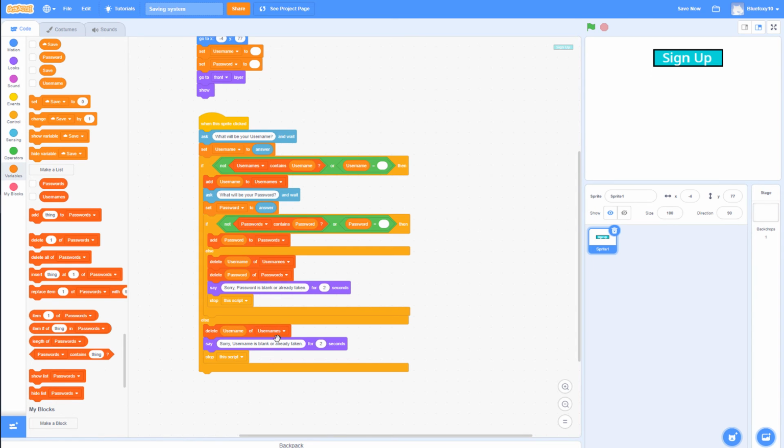The reason why is because if, let's say, it already exists, and let's say you write lol, but it's a username that already exists or is already taken, then it's going to still add it even though it says sorry, username is blank or already taken, and we don't want that. We want to remove it because it's already taken, but still have the other username there. So that's why we have delete username of usernames. Okay, and yeah,